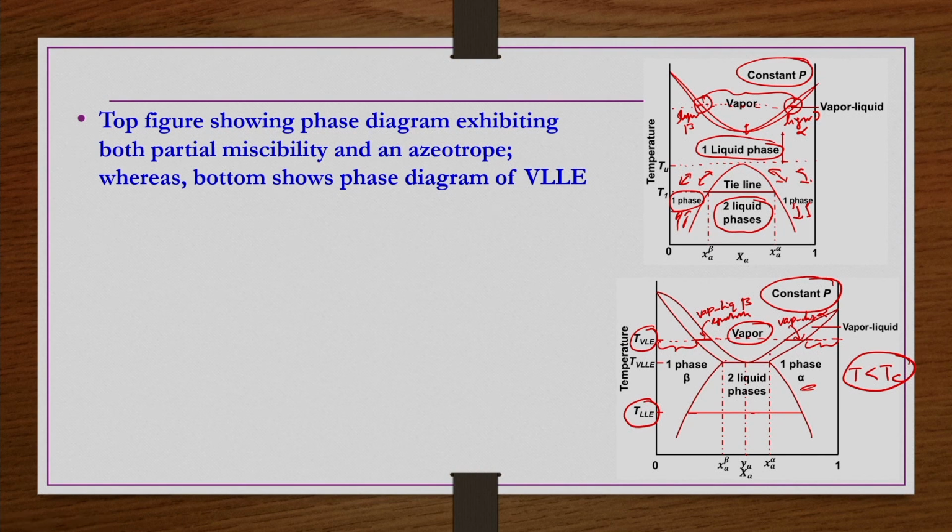phase is there, there is a region where there is a vapor and then liquid beta equilibrium, and then there is another range of mole fraction where only vapor phase is there, and then another range of mole fraction where this vapor and then liquid alpha equilibrium is there, and then there is another range of mole fraction at higher XA values. We have only one single liquid phase, that is alpha phase. So, all these things are possible in this VLE.